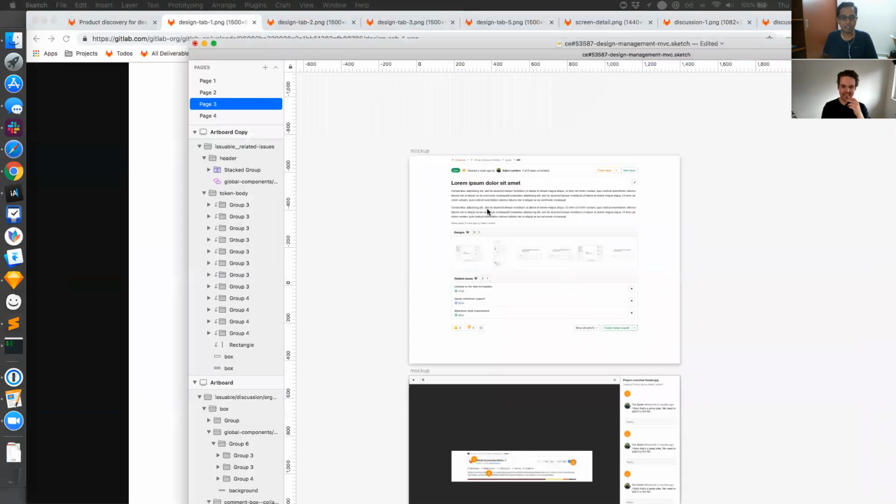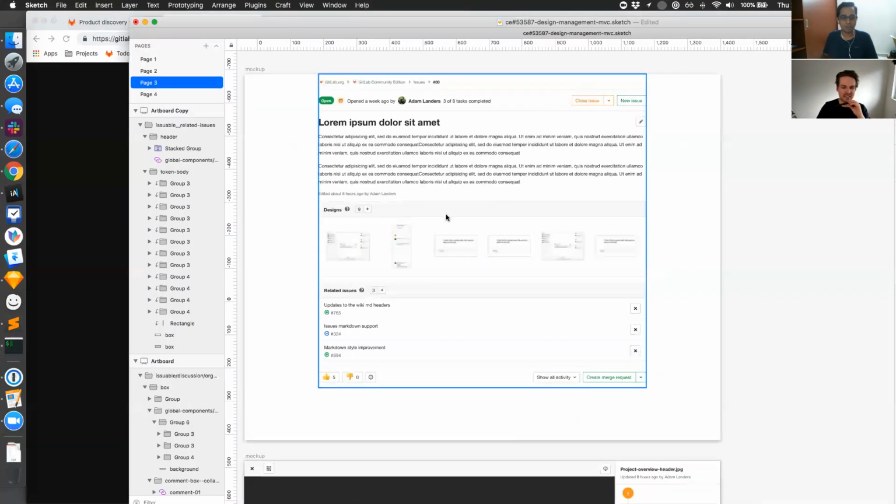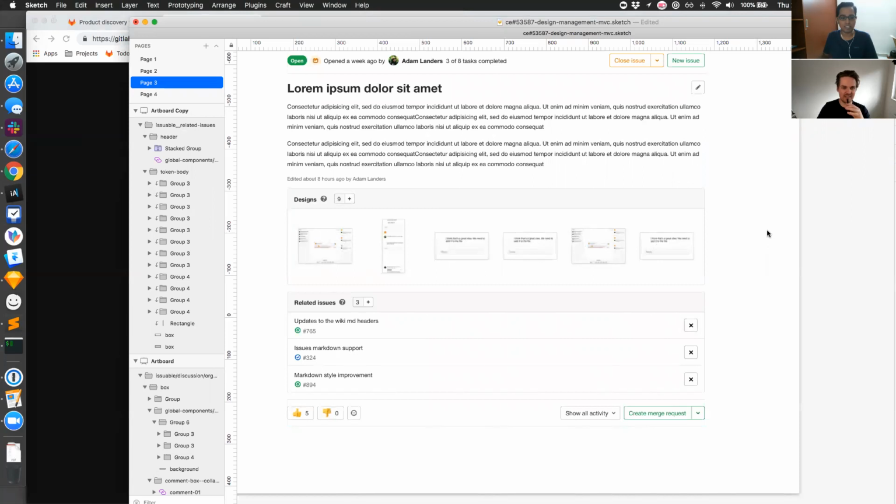So can you see my sketch window? Yeah, yeah. So this was one of the alternatives that I had proposed to the design tab, which is like a design section as part of the description. This I felt was a better solution because it kept the source of truth closer to the description, and we had a lot of discussion around this, but he felt a design tab was stronger. We never really settled this argument, but maybe I would love to hear what you